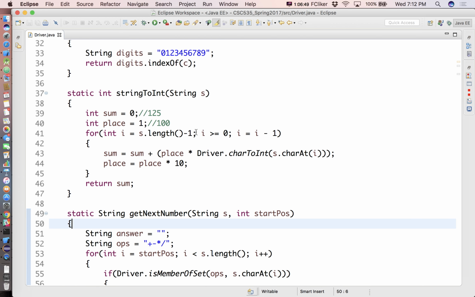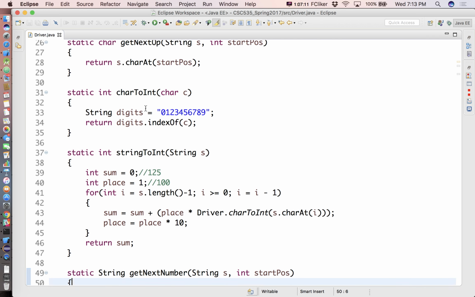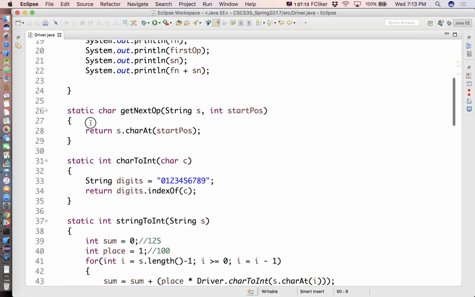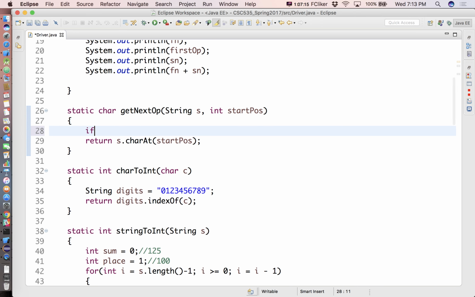Now, one thing we could do is say, since we know that a question mark is not one of our operators, maybe if I return a question mark as the next operator, that means I didn't find an operator. And since we know we don't have any spaces, I can answer that question pretty easily. All I have to do is this. I have to say, if